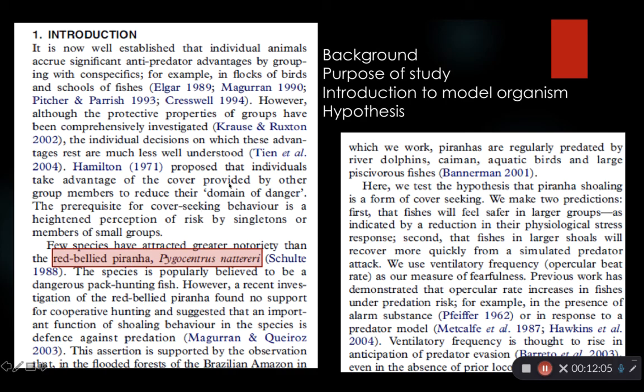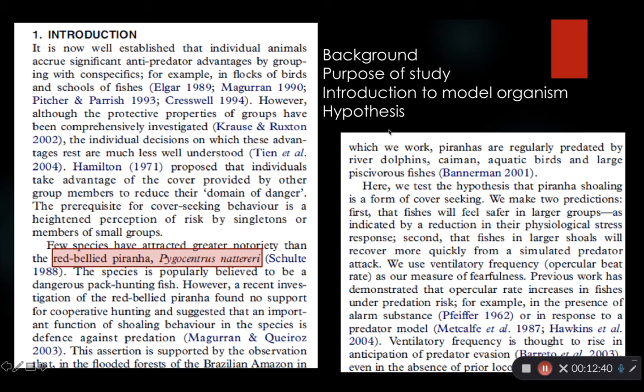And they introduce any model organisms that they're using. So what's highlighted here in red, they're talking about the red-bellied piranha, and then they give the Latin name. If you ever talk about an organism, so for example, if you're talking about peas, beets, or piranhas, always make sure you use the common name and the scientific name, genus and species. All right, then